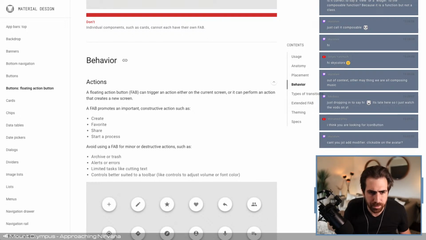Let's see what happens if we use icon button. Let's do that for now. But that one, okay, well, it is weird because the fact that icon button lets me compose whatever I want inside of it is kind of nice, but I wonder if